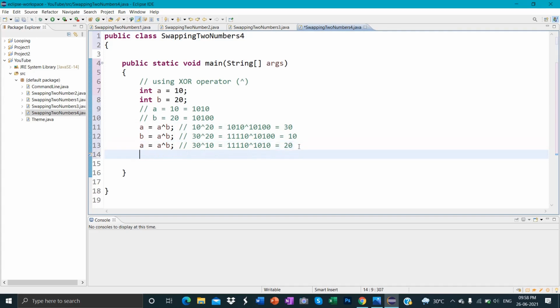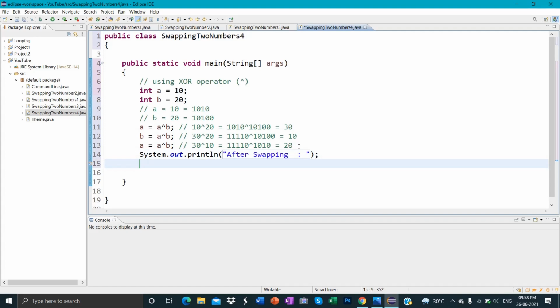So now when we print System.out.println after swapping, a equals to plus a plus b equals to plus b.